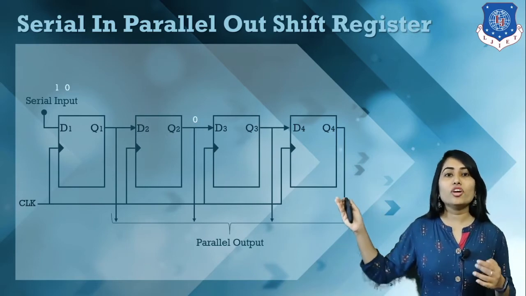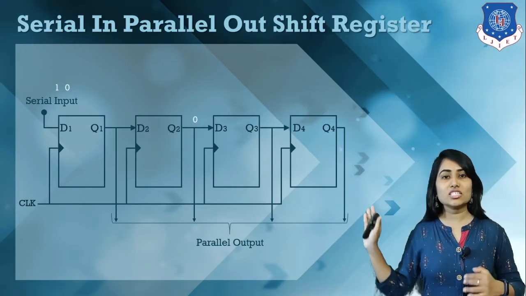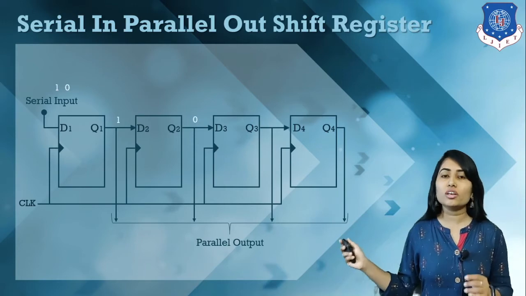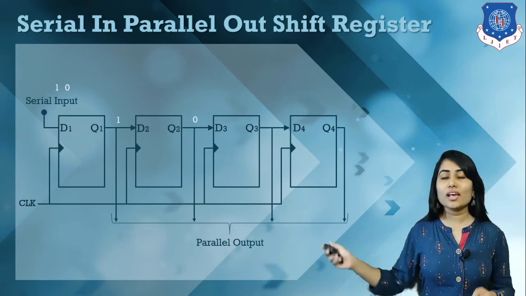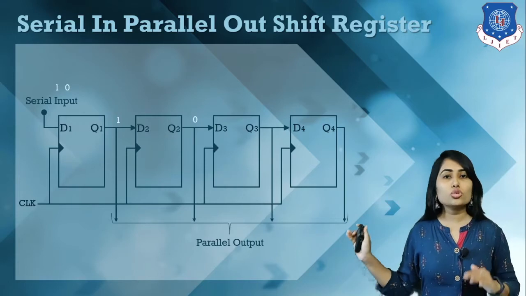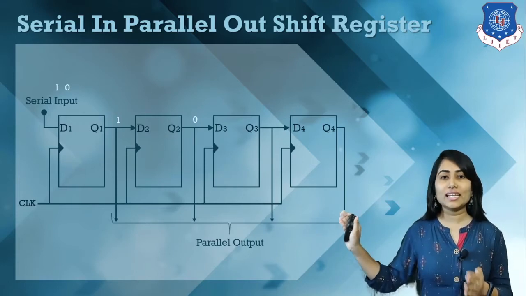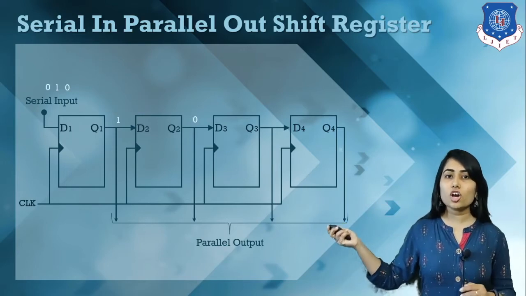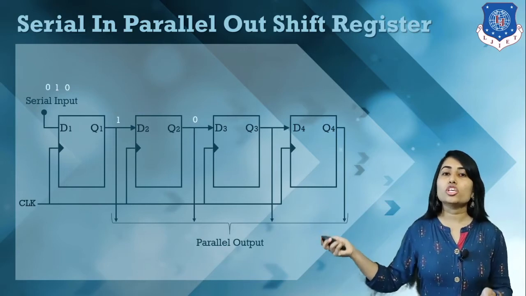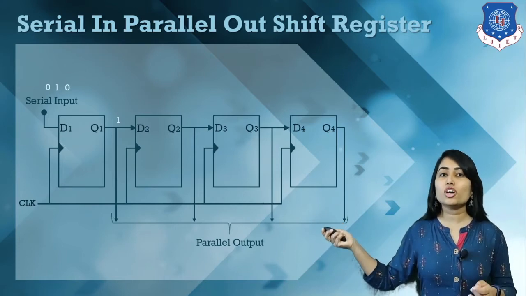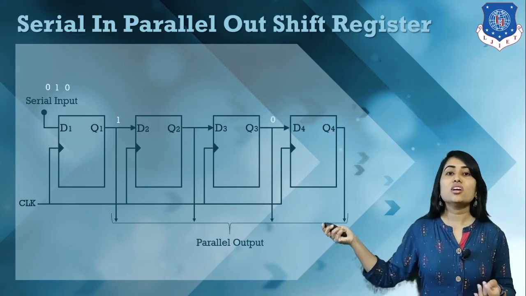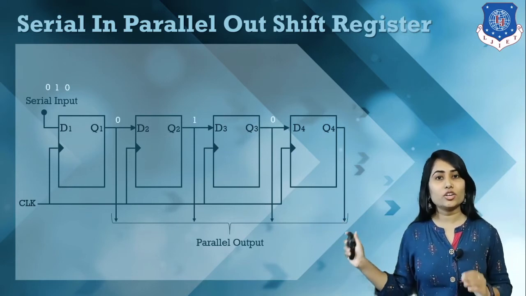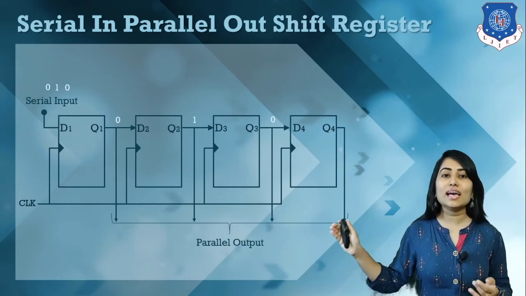Okay, so whenever a new bit arrives our data is shifted like this and this bit is present over here. So here we have a 1 at Q1 and 0 at Q2. So after the second clock pulse we have data like this, 1 0. Then after the third clock pulse we have this bit 0. So this 0 is entered over here, and our data is transferred like this. 1 is transferred to Q2 and this 0 is entered at this side. So this is how our data can enter.